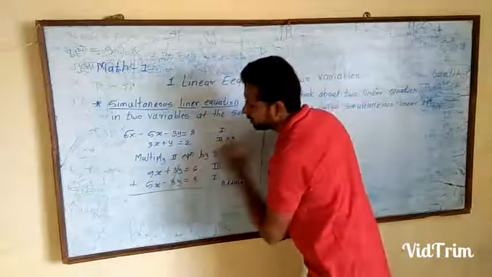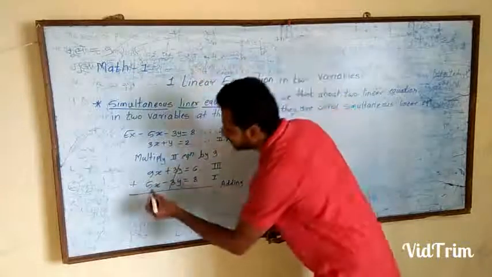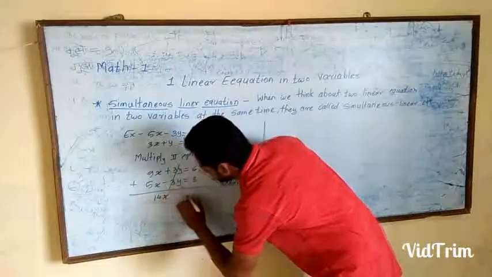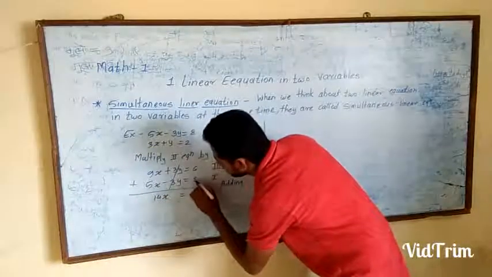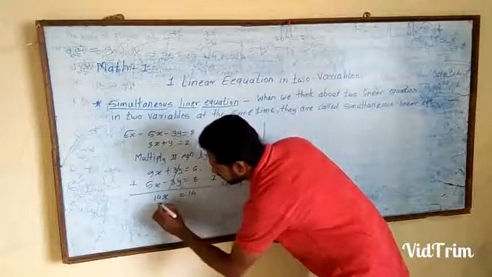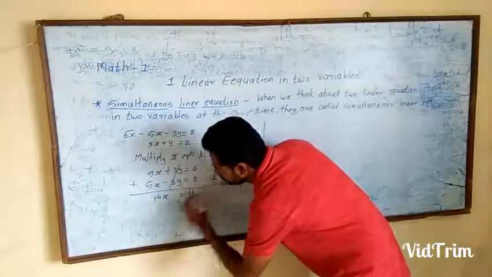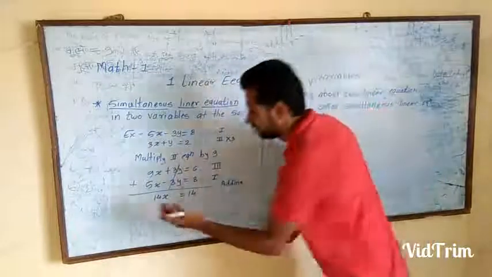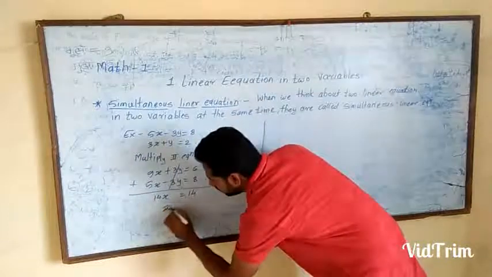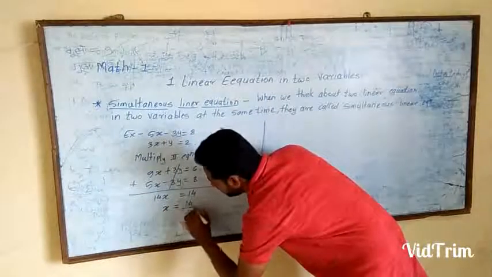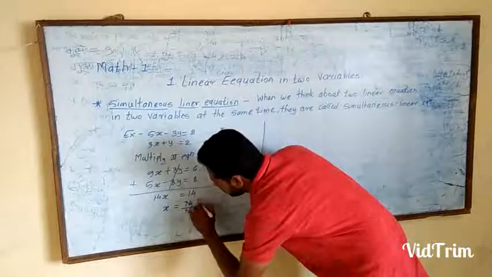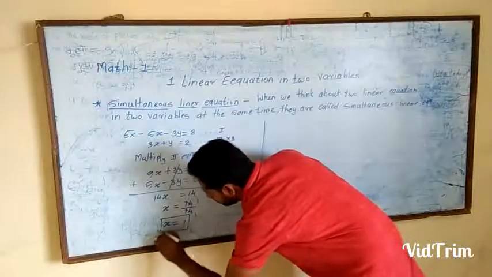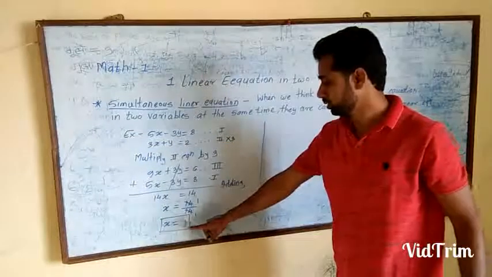We can eliminate it, cancel it, and then add: 9x plus 5x is equal to 14x, 6 plus 8 is 14. So there is 14x is equal to 14. This 14 is multiplied here. When we take it to the other side, it divides. So 14 ones are 14, 14 ones are 14. x is equal to 1. The value here, x is equal to 1.